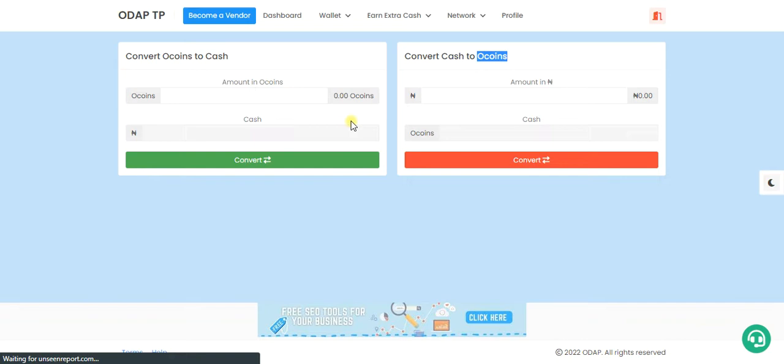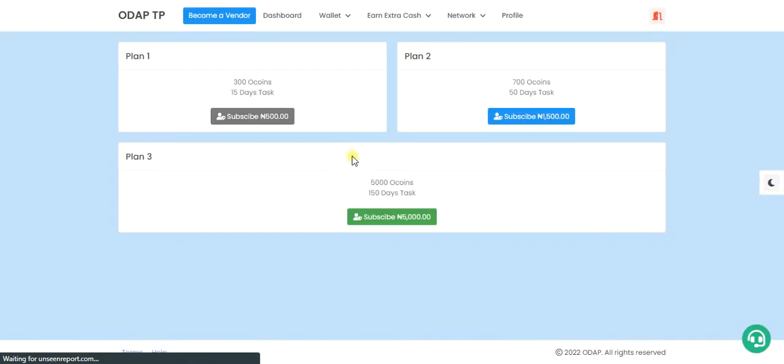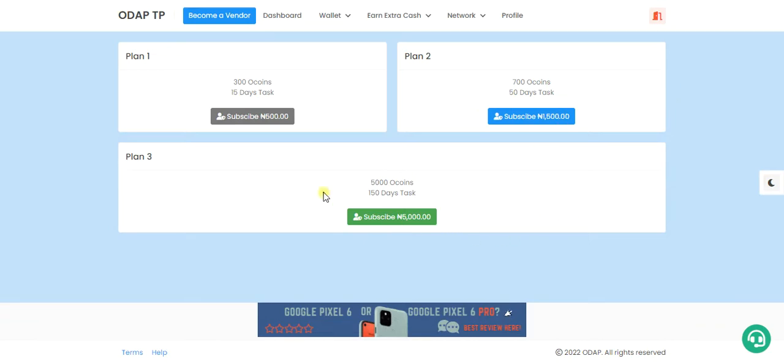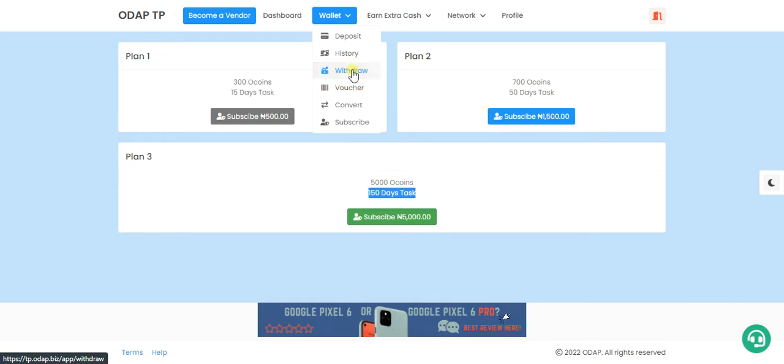So on the subscribe option, that is when you want to complete tax. So we have plan 1, plan 2, plan 3, and the plans also come with coins and days of tax. Like the number of days you will enjoy the tax, you'll be able to do the tax. If you purchase plan 1, that means for 15 days you'll be doing tax of any kind, of any amount. If you purchase 2, 50 days. If you purchase 3, 150 days. So that is all about the submenu